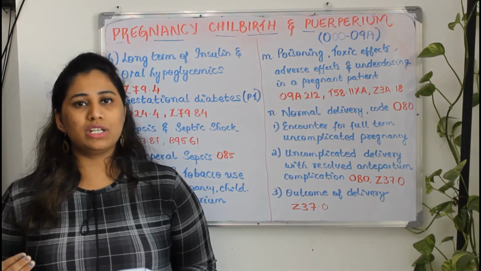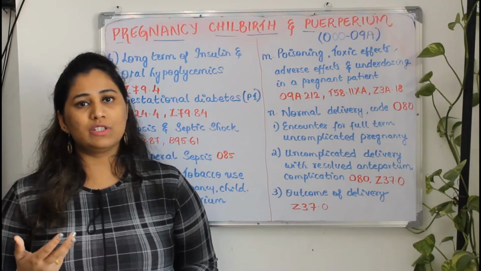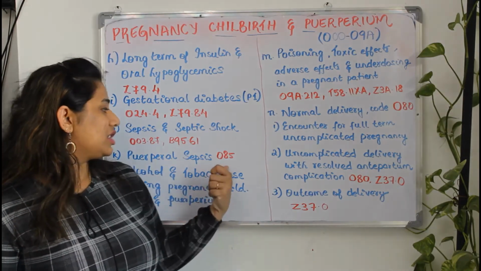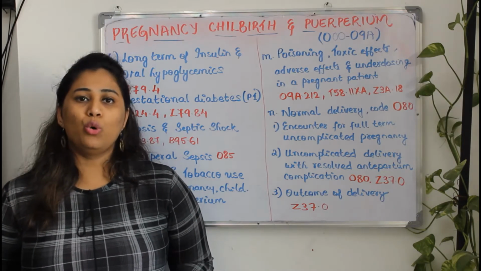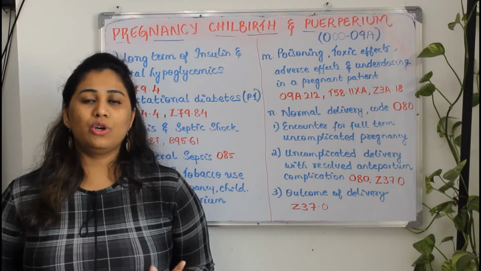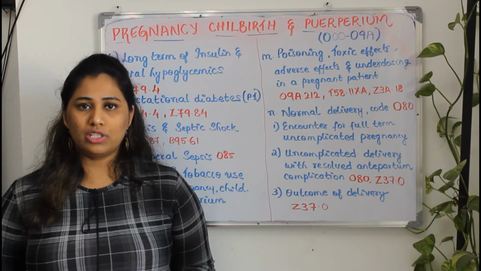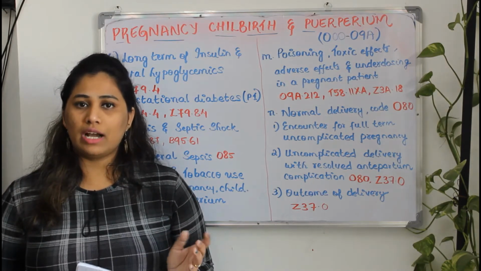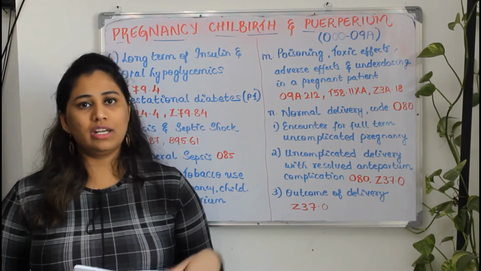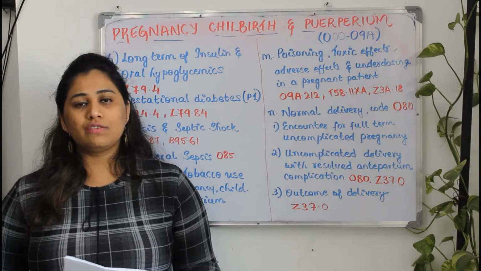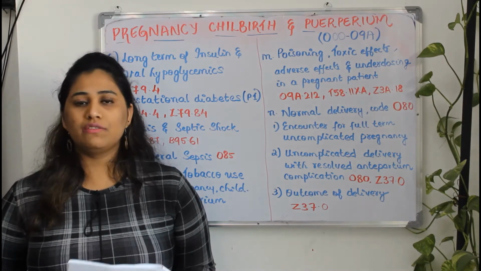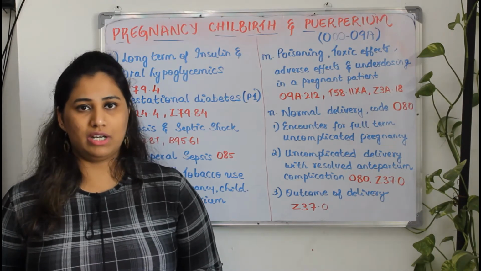That means in the postnatal period, if the patient is getting any sepsis, we'll call it puerperal sepsis. For that, the category code will be from O85. For this scenario also, you are supposed to code the causative organism based on the culture report. In the previous example, I told you the abortion had happened and the culture report stated MSSA. In this case, if it says candidiasis, you should code for candidiasis. Or else if it is MRSA, then you should code for MRSA.